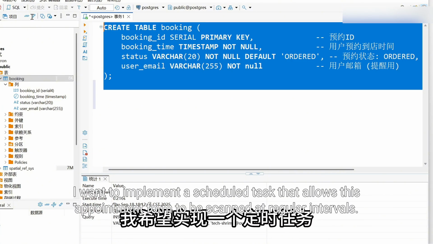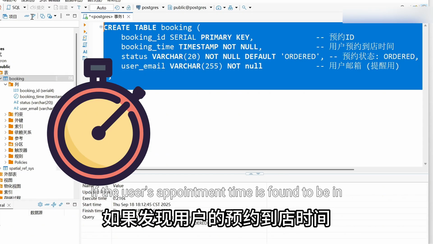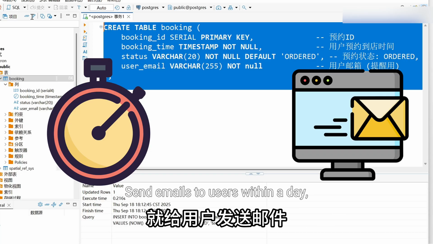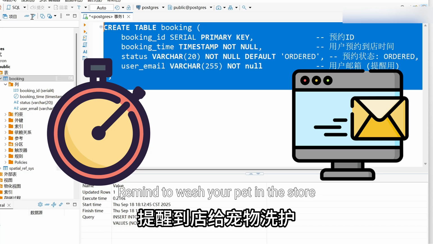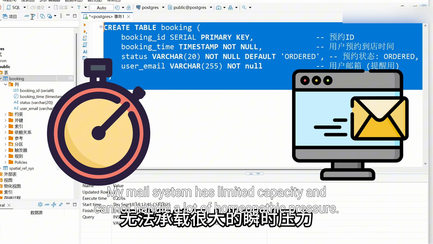I want to implement a scheduled task that scans this appointment form at regular intervals. If a user's appointment time is found to be within a day, send an email to the user reminding them to wash their pet in the store. My mail system has limited capacity and cannot handle a lot of concurrent pressure,